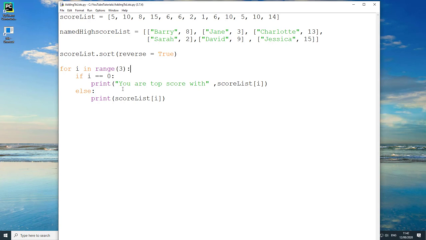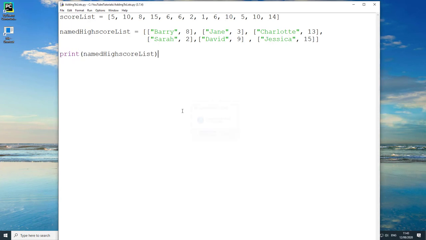So this is just an example, different ways of doing similar things, and it shows you that you can loop over a list. So we can loop over the items in the list and print them out quite easily, and we can also add some if statements in and do something a little bit more exciting with these lists. So now I'm going to move on and show you the second list,